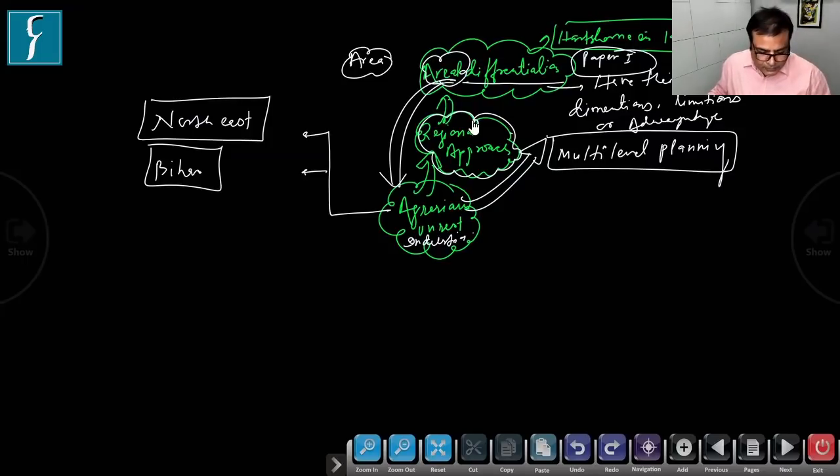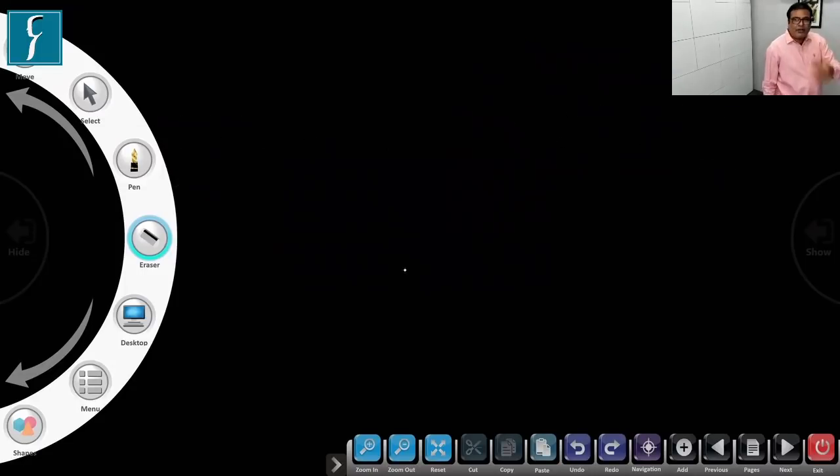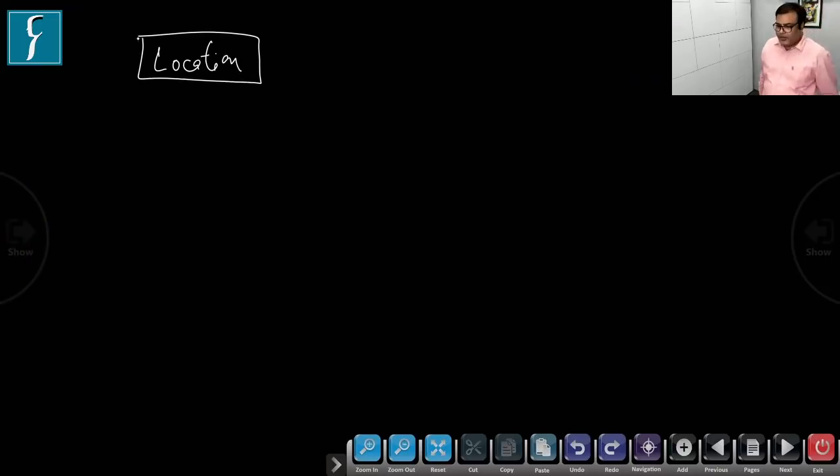Now take the other topic. Say for example, if we have to talk about industries, and industries are mentioned in both Paper 1 and Paper 2. When we have to talk about industries, the syllabus simply says location. All right, location. A number of things are there, and the syllabus talks about the cotton industry, cottage industries, iron and steel industry, aluminum industry, pharmaceutical industry, so many industries, and we think that this is the syllabus.